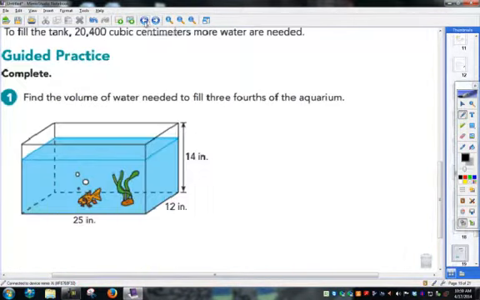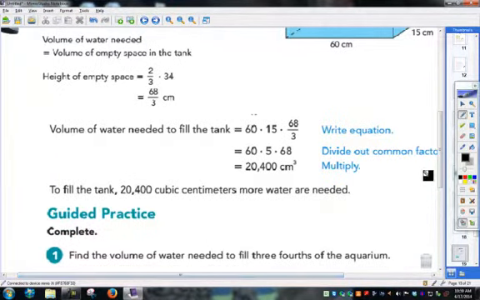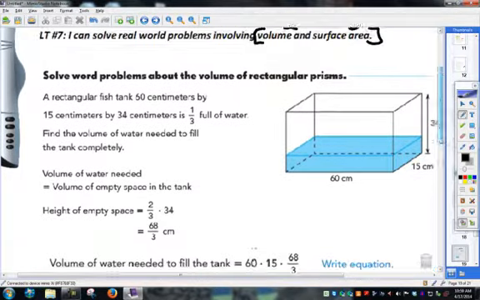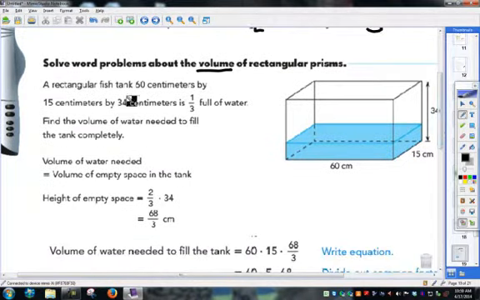Okay, so going all the way back to this page right here. I know that now I just got to remember which one's which. This connects learning targets 4, 5, and 6 all together. 4 was being able to determine which one to use. 5 was finding volume. 6 was finding surface area. Okay? Now, it kind of gives it away here with volume. But a rectangular tank, or a rectangular fish tank,